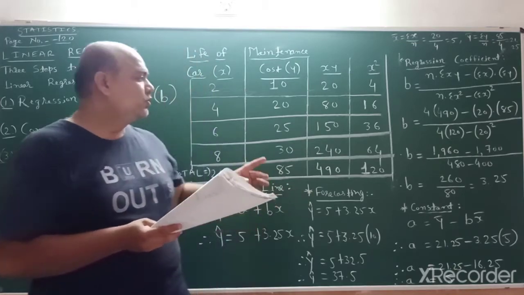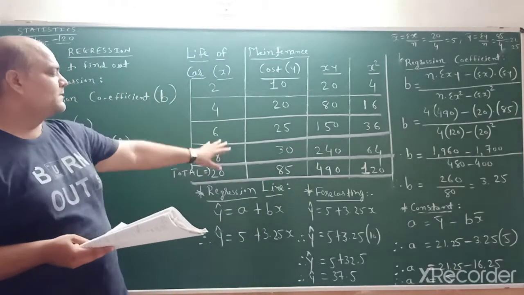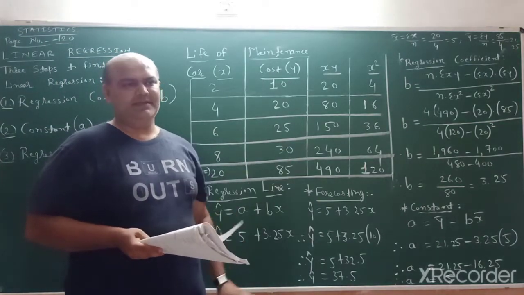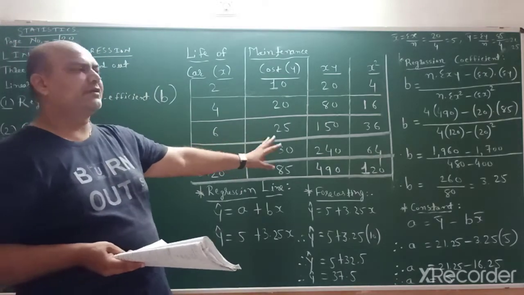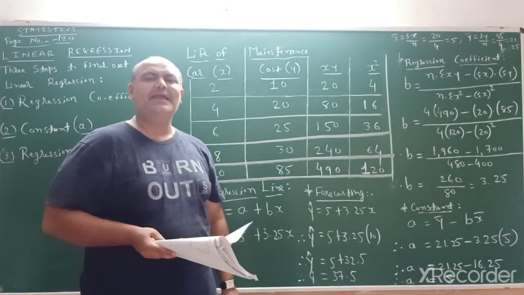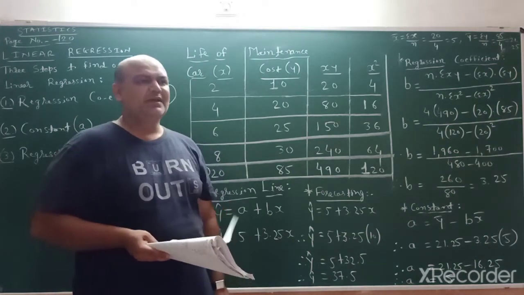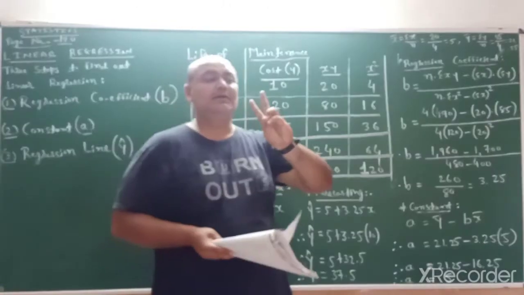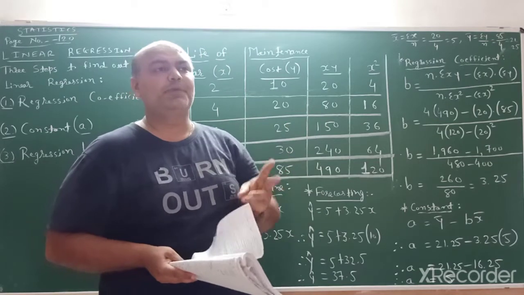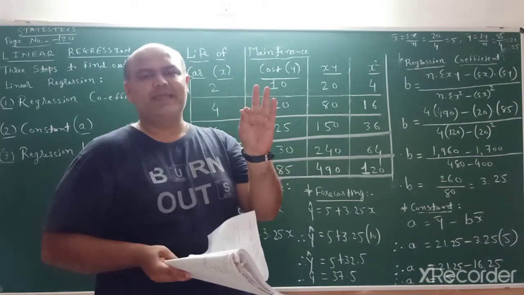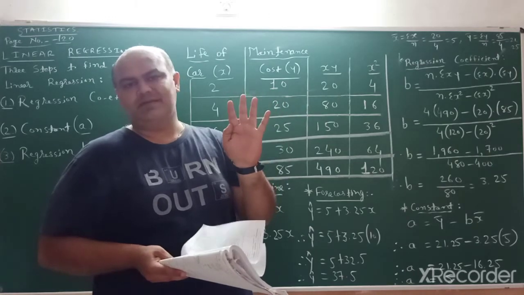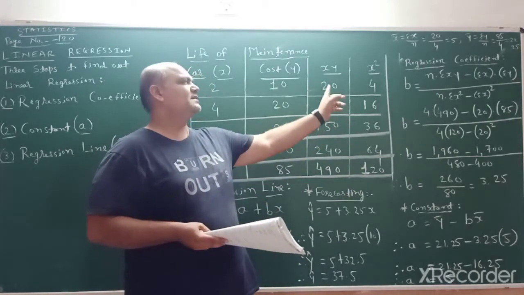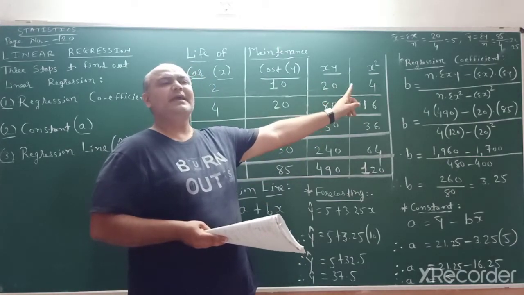Okay? Two columns, x and y. By observing all the digits, we can judge which formula of regression coefficient we can apply. All the variables or digits are 30 or less than 30. So we apply the xy method. For the xy method, we have to prepare additional columns. Remember, in correlation in the xy method, we have to prepare additional three columns: xy, x square and y square. But in the regression line, we only have to prepare additional two columns. First is xy, the other is x square.